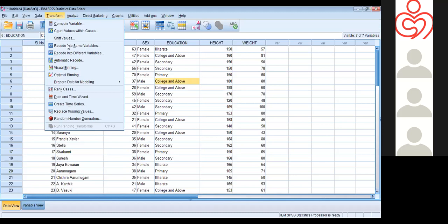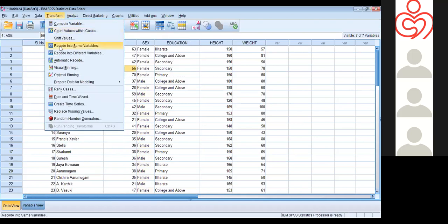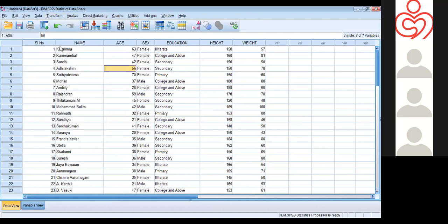Here we have two options: either we can do coding in the same column, or we can create a new variable for coding. If I want to change male into 1 and female into 2 here itself, I can go to Transform and choose the option Recode into Same Variables.